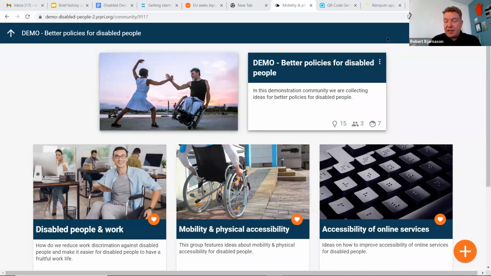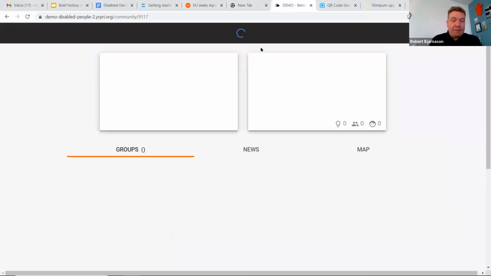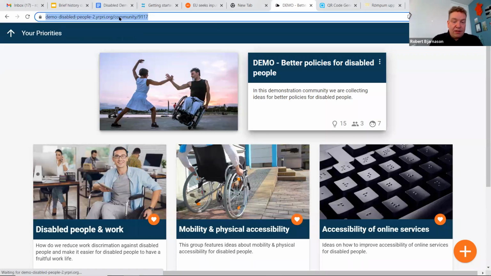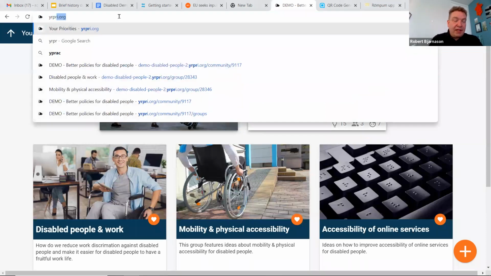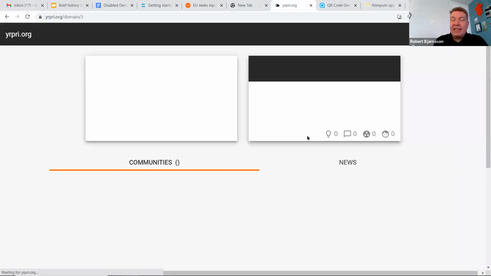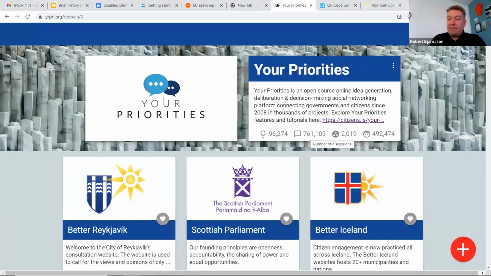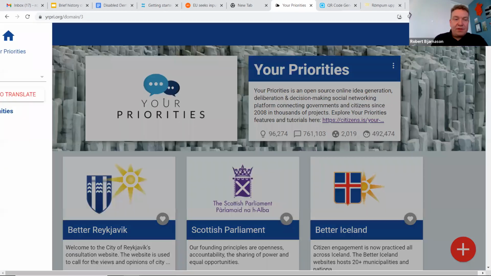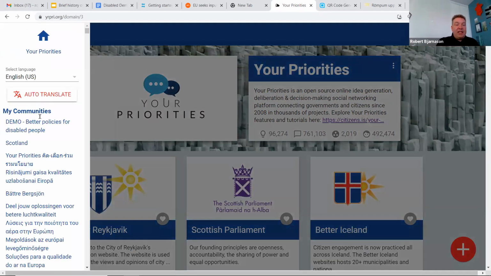If you create a project, let me just show you. I'll share my screen again. If I go now to the main Your Priorities homepage, which has a lot of projects, and I press at the top of the screen, there's what's called the hamburger menu, 3 lines here at the top of the screen. Then I will see